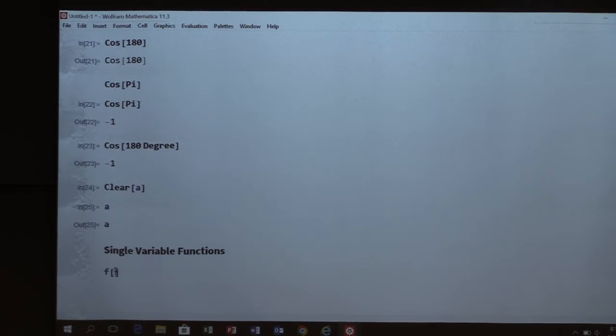And inside the square brackets, we're going to put the variable x. So that kind of looks like this, right? Okay, but after that x, we're going to do one thing. We're going to put x underscore. Okay, equals,